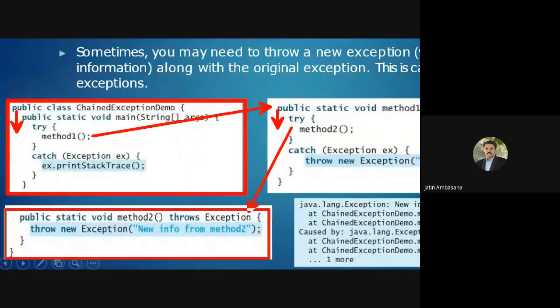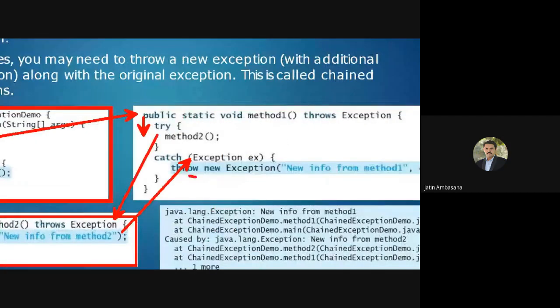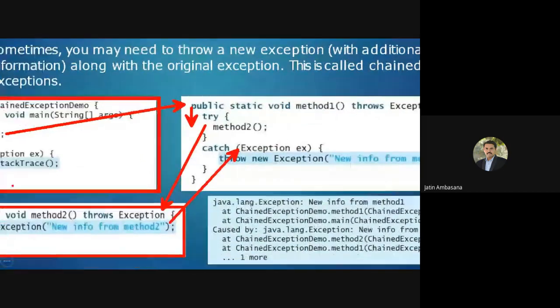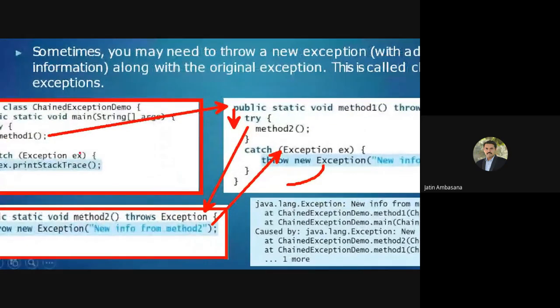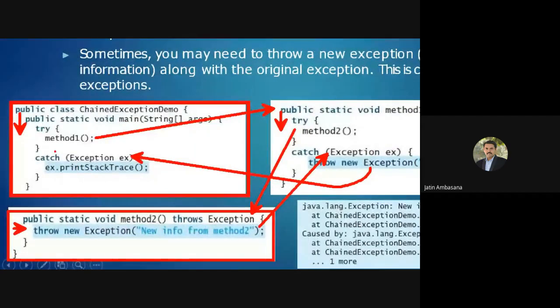As soon as the control comes over here, it executes this, right? It throws a new exception which gets caught over here. And again, this also throws a new exception which basically gets caught over here in this case.